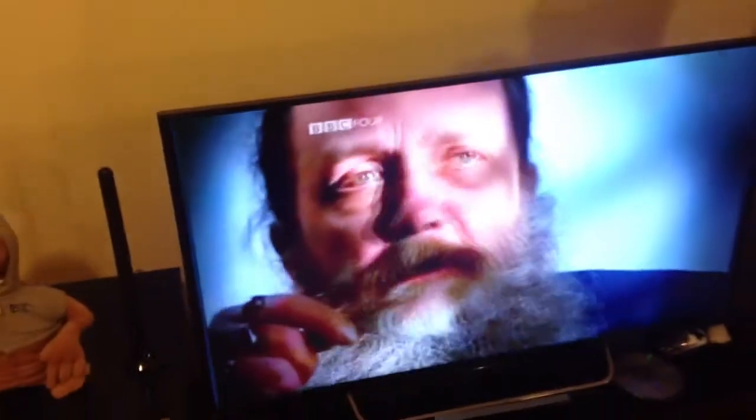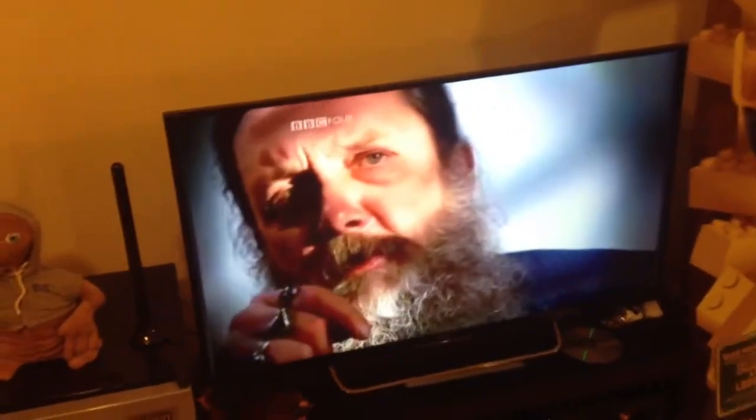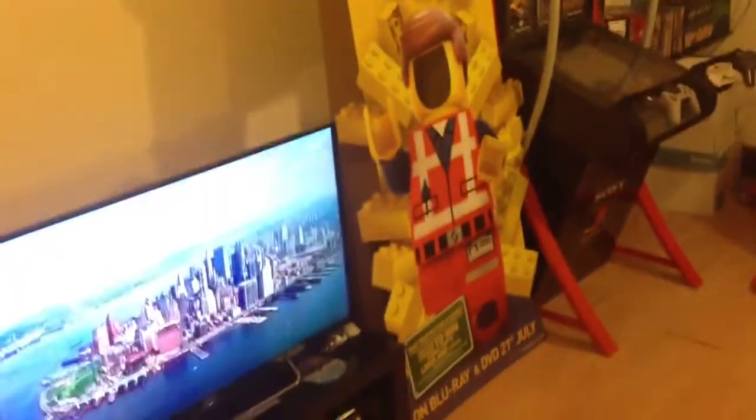Got Tony Montana. Cool picture from New York. Hulk. You've got Alan Moore talking a load of crap, probably. You've got a beer fridge with no beer in it. Pathetic. Various games consoles. This is pretty cool. Got it from Tesco. One of my friends works at Tesco, and it's just basically a promo thing for a Lego movie. You've got the PlayStation retail unit,